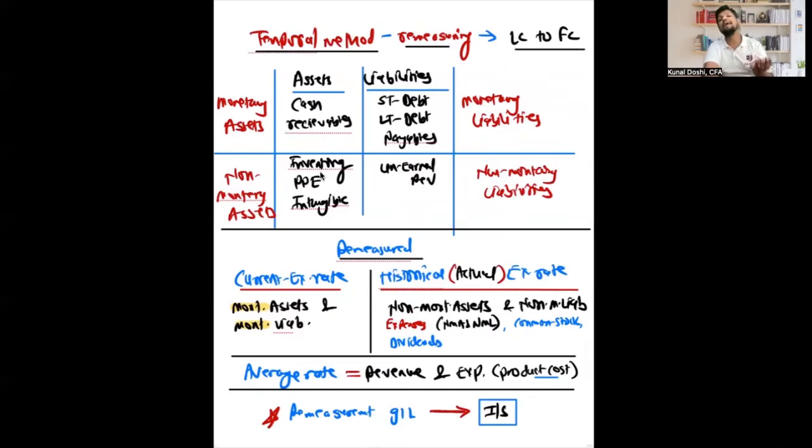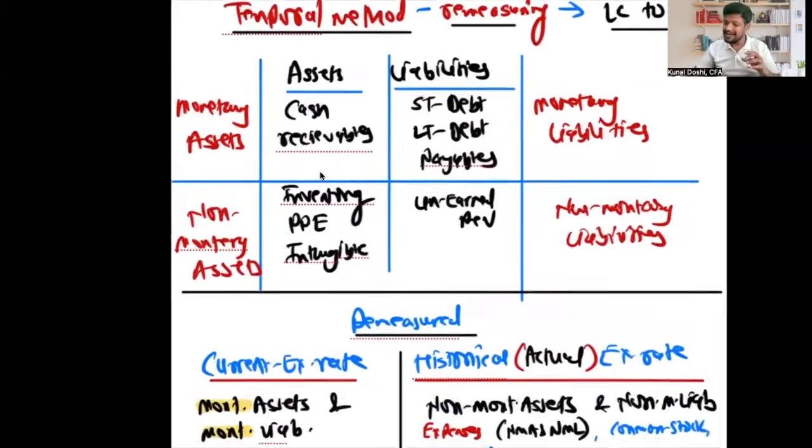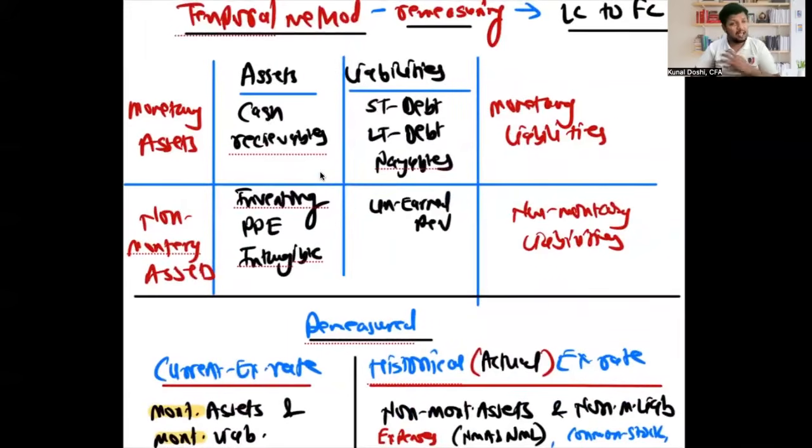Remeasurement is what we use from LC to FC, which is the temporal method. Now, under the temporal method, remember there is a classification between monetary and non-monetary assets. So what is a monetary and non-monetary asset and liability? Remember, monetary is cash and equivalents, monetary assets. Monetary liabilities, remember all the three monetary liabilities: short-term and long-term debt and payables. These are monetary liabilities. Monetary liabilities and monetary assets under the temporal method have a similar treatment to the